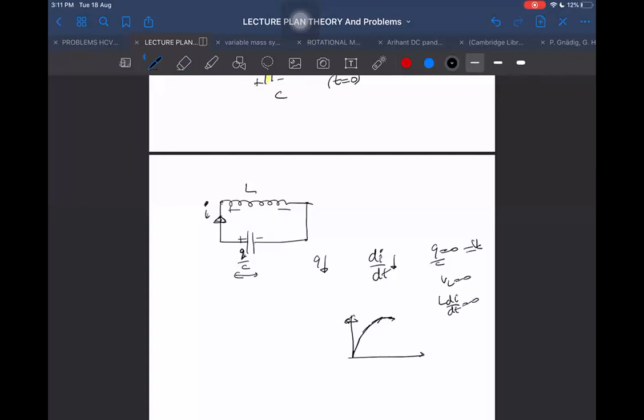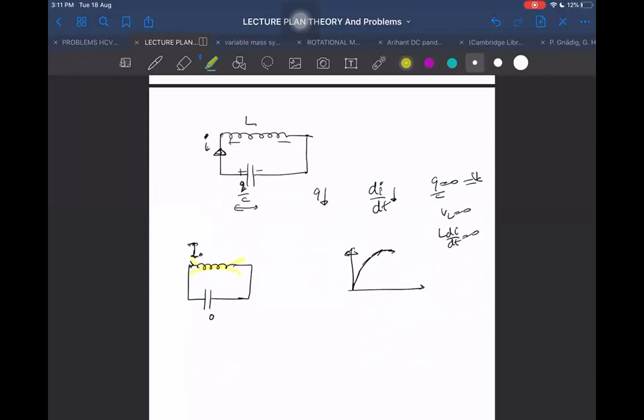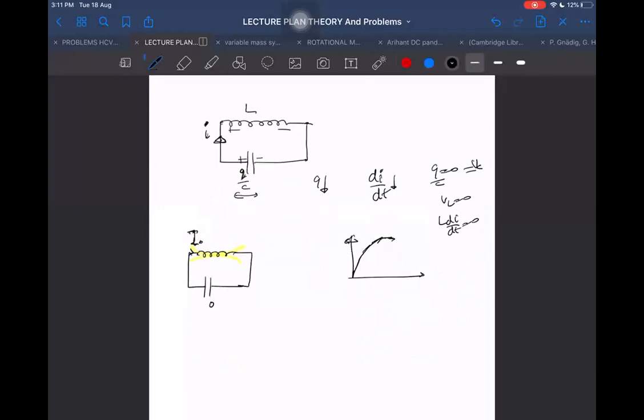When I becomes maximum, what is the voltage across the capacitor at that instant of time? That voltage across the capacitor is 0, no charge here, but the current is now maximum. It will attain some peak value, maybe I naught. So the energy which was initially present in the form of electric field is now only present in the form of magnetic field lines in the inductor. And here the capacitor has no energy now, 0 energy. But the inductor is carrying some current I.